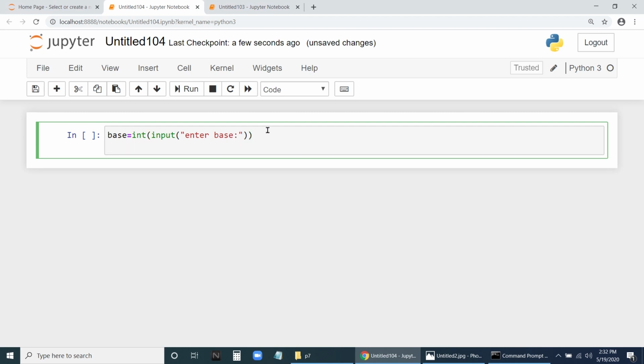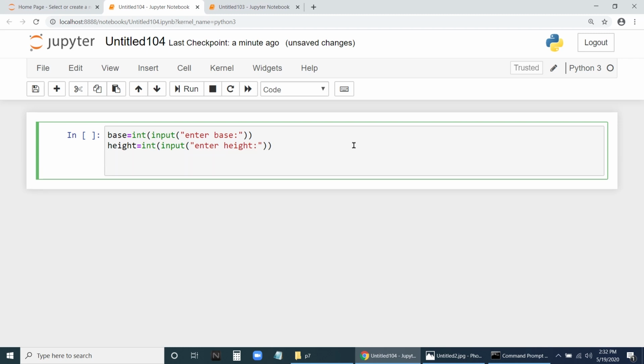Now next, I'll copy paste this one here, and this next one is height. Height, enter height. Now next we will calculate the area. Area is equal to half into base into height.